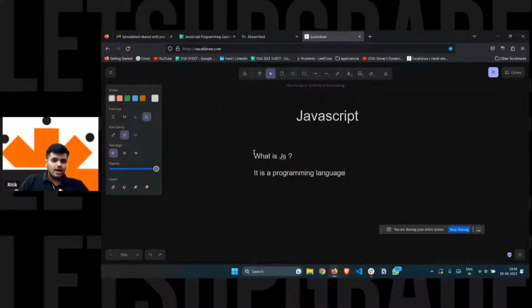Okay. So, right. There are many myths about JS, right? What is JS and what is it used for? Some people say that it is solely used for front-end development. It is not. You can even do data structures in JavaScript, provided you have great knowledge about each and every data structure and the logic behind it. It is a very beautiful language. Now, I would say it is not a scripting language. It is just a programming language,